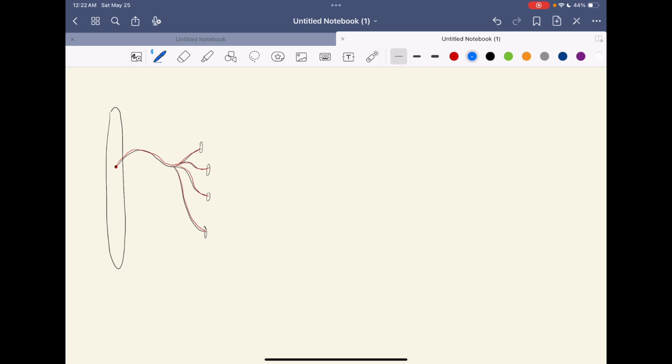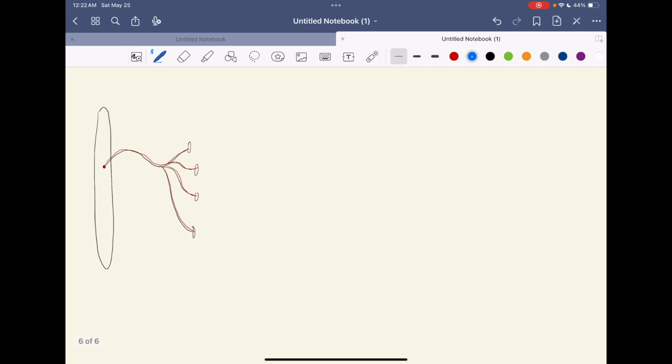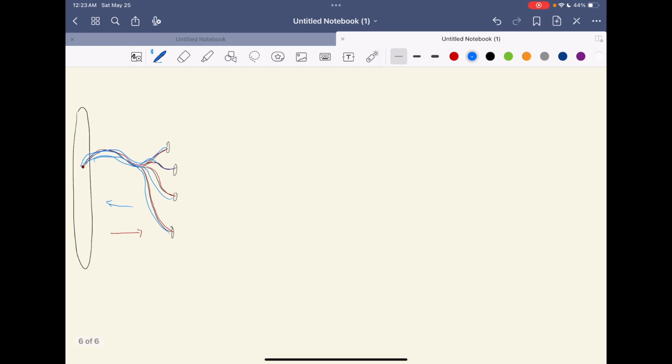And then the sensory muscle spindle apparatus is going backwards. So red is moving in this direction. And then these blue ones that we'll draw are going to move back towards the spinal cord. So they'll converge and head back in. And blue is going to head in that direction toward the spinal cord. So these sensory muscle spindle apparatus cells, if we blow one of those up like this,